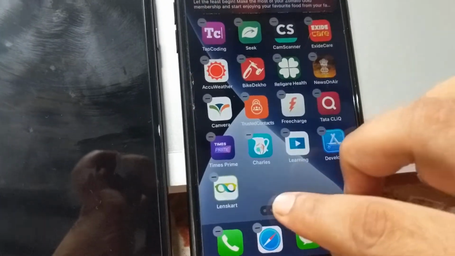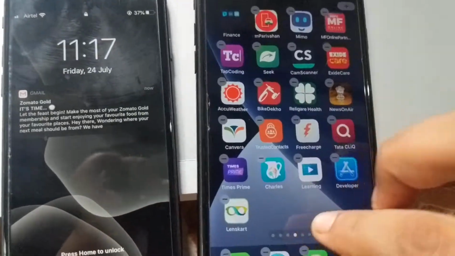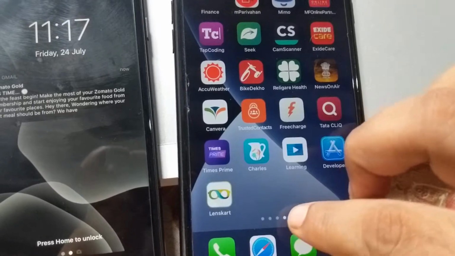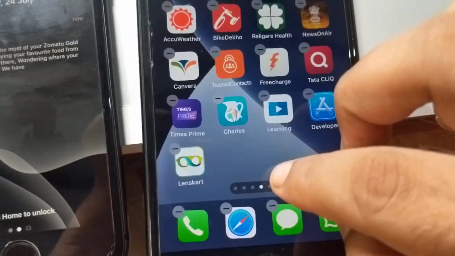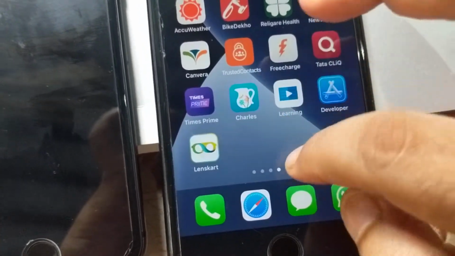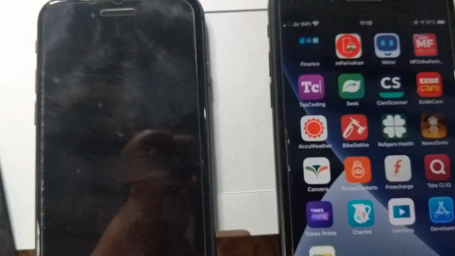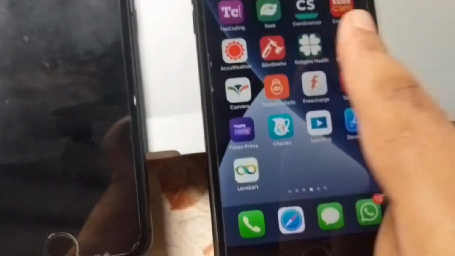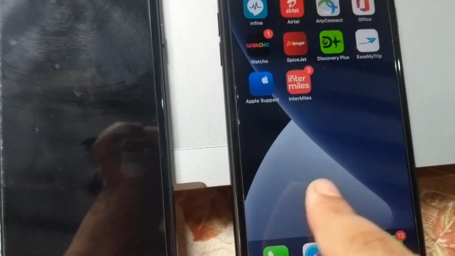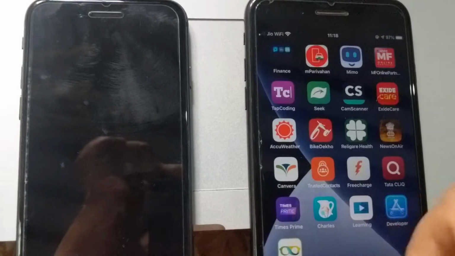So from that option you can customize your home screen and choose which home screens you want to show. For example, these 6-7 home screens I can customize to show only 2 or 3.